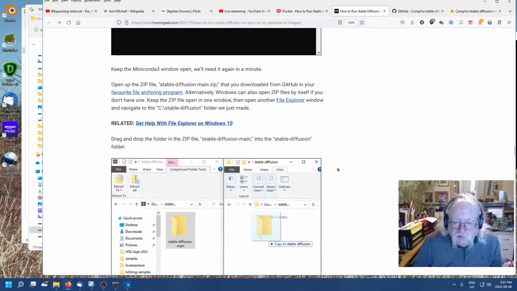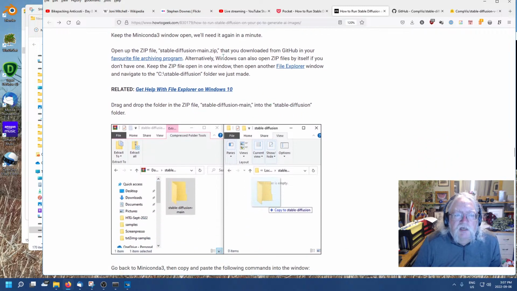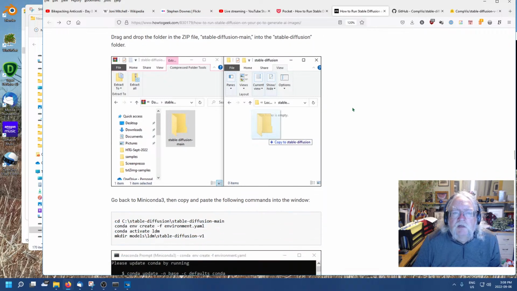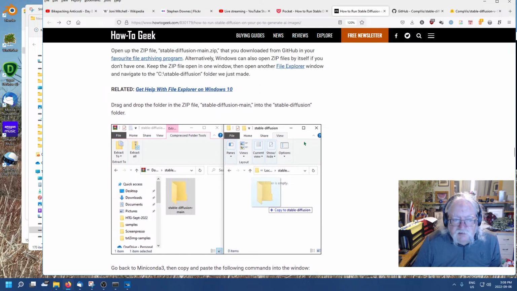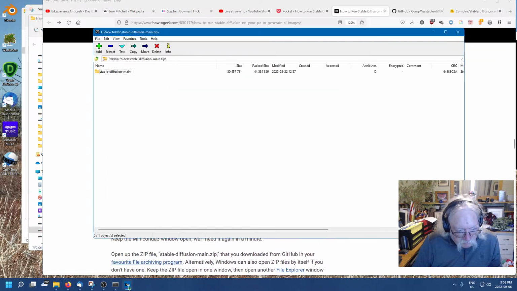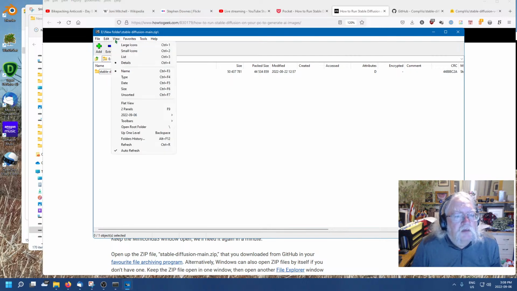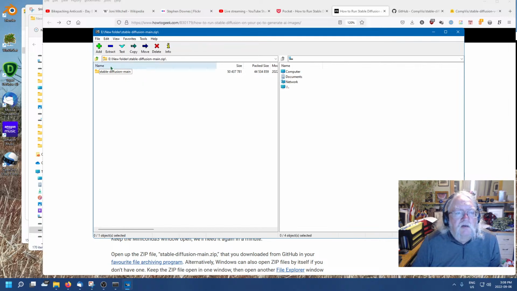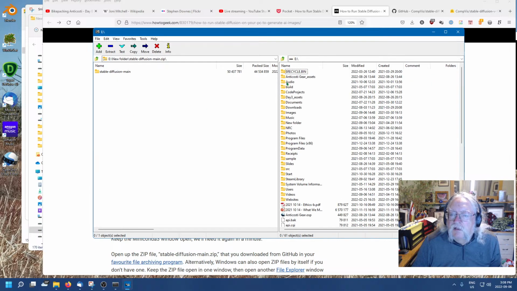Okay. So let's see. So we've opened it. Drag and drop the folder in the zip file into the stable diffusion folder. Okay, so their 7-zip looks a bit different from mine. Is there a different view? Flat view, 2 panels. Here we go. Okay, so on the right hand side, here's my